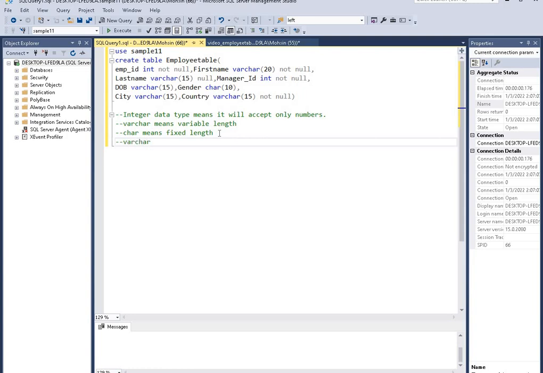Varchar and char will accept only strings, characters, alphabets.